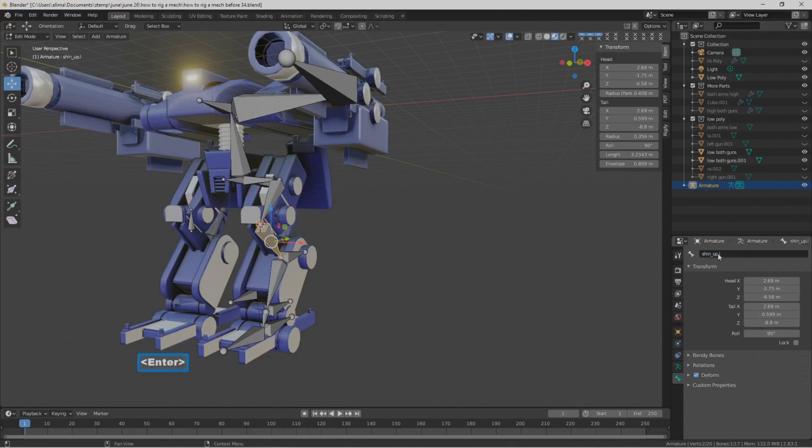Up.L, then press enter to lock that in. We'll select here, we'll name this shin_down.L, then press enter to lock that in. We'll select here, we'll name this leg_handle.L,